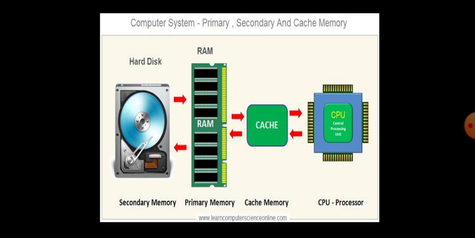After processing in the CPU, the control unit gives the outputs to the cache memory, then to the RAM. Then after fetching the details from the cache memory, RAM gives the files to be saved in the hard disk. So, the hard disk is a secondary memory, RAM is a primary memory, cache is a temporary memory, and the CPU is where the actual processing happens. My dear children, do you know how it works?